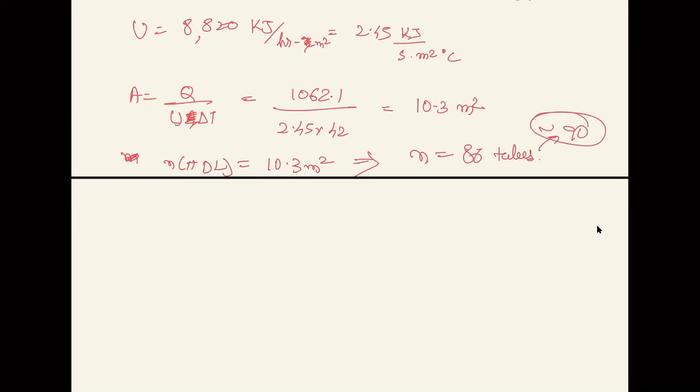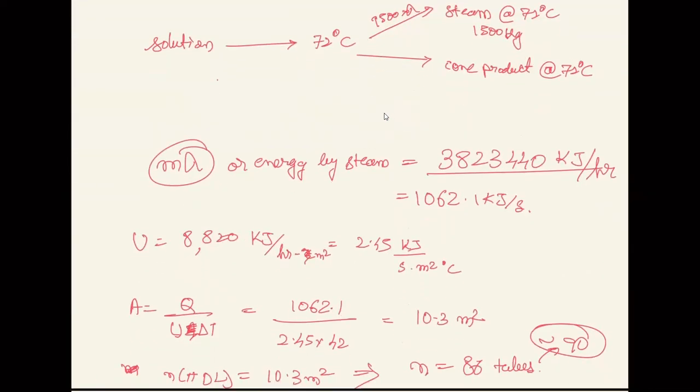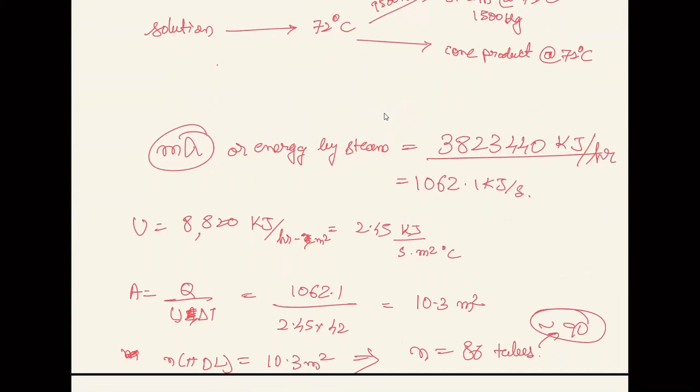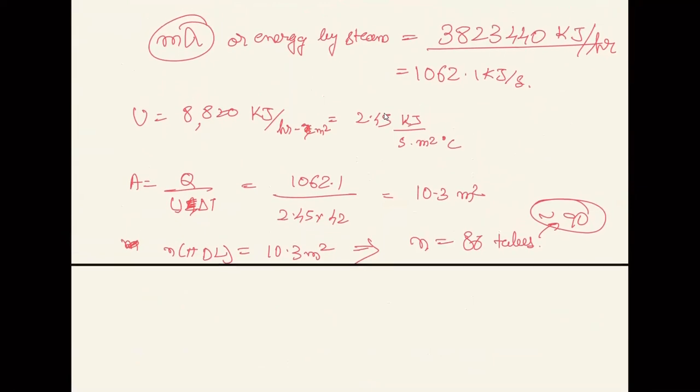I mean, the idea was not to get the number and solve it. We will be doing that when we see previous year GATE questions and all. The idea here was to understand how to take reference state, how to do energy balances, how to do mass balance, and one more bit that I didn't put in this particular question was to calculate the mass of steam, but that was already coming in the way. Alright, this is all we need to do, and this is how a problem on designing of a single effect evaporator is done.